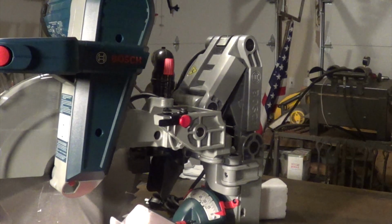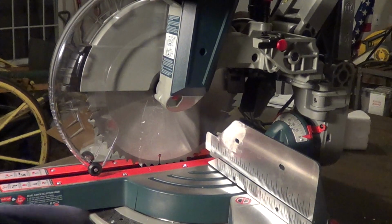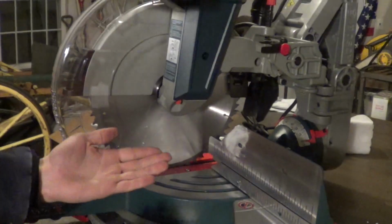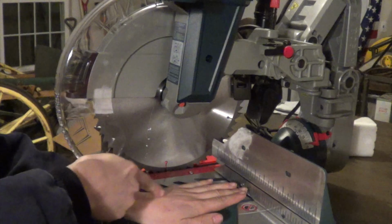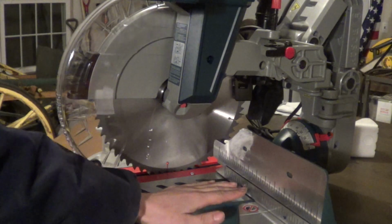Say, I don't know the exact name for this cut, but say you wanted to cut a groove. Say you have a piece of plywood and you just want to cut a groove. I know there's a specific name. I still got to learn it, I know, but